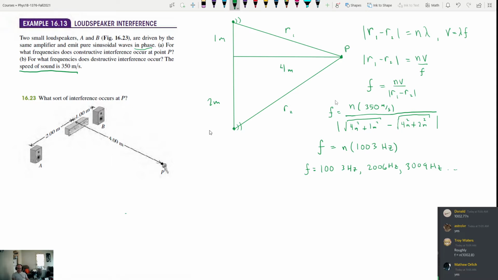Okay. And then part B says, for what frequencies do you get destructive interference? For destructive interference, we can skip a lot of the steps for this one. The formula is just the absolute value of R1 minus R2 equal to n plus half of lambda. So we can go through exactly the same derivation, and the answer itself is going to be exactly the same, except,